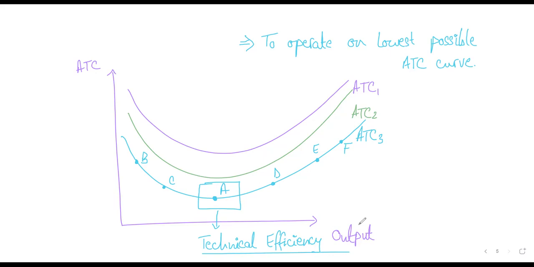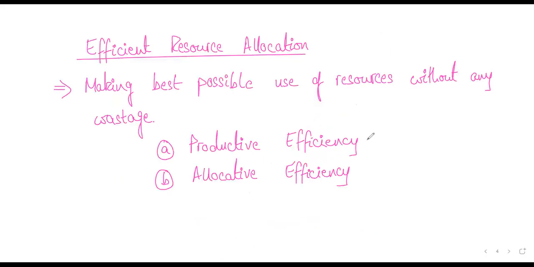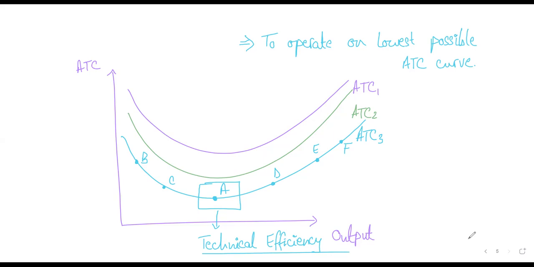Okay, after you explain what productive efficiency is, that it means to minimize your cost of production, and the way you calculate it, you look at the formula output over input. So if you're minimizing your cost, basically by minimizing your ATC, that would be productive efficiency. Okay, now moving forward